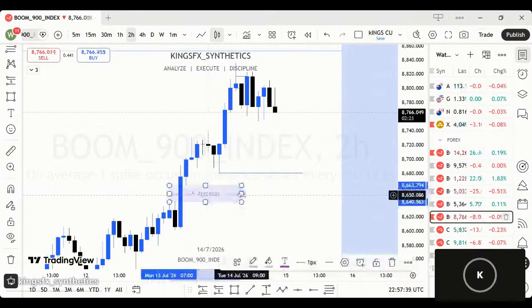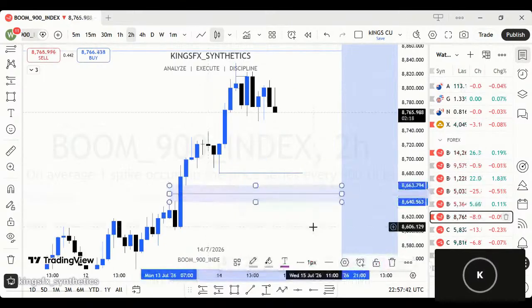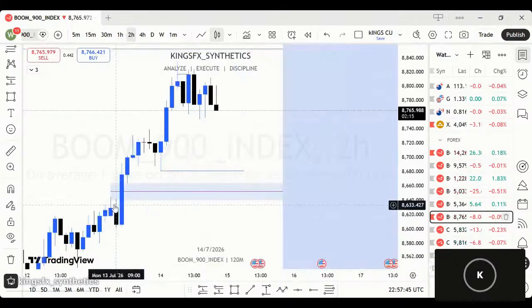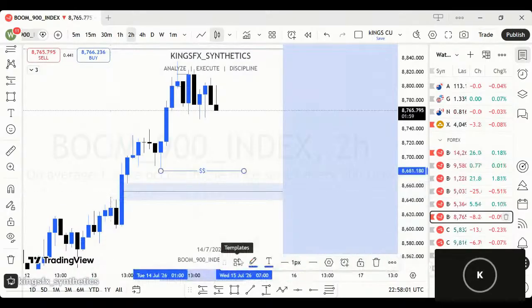Why? Because always look out for liquidity. That is one thing you always want to do. You always want to look out for liquidity, because this fair value gap, there is something dragging price to this fair value gap, which is this liquidity right here. Yes,